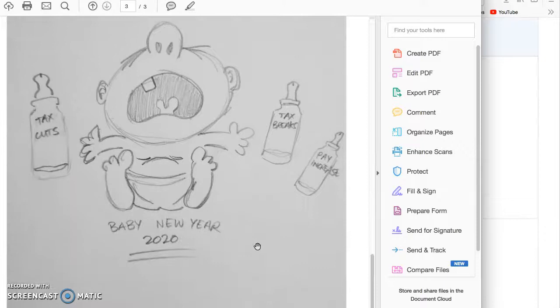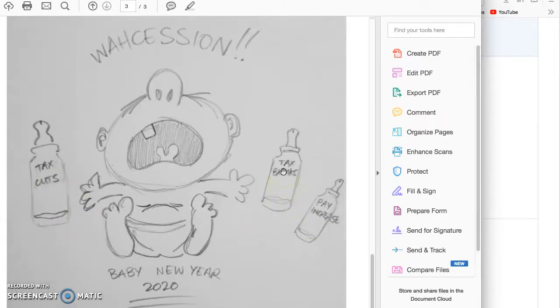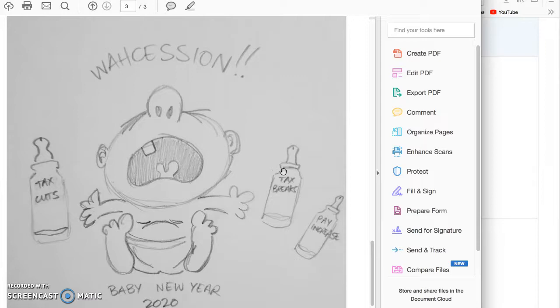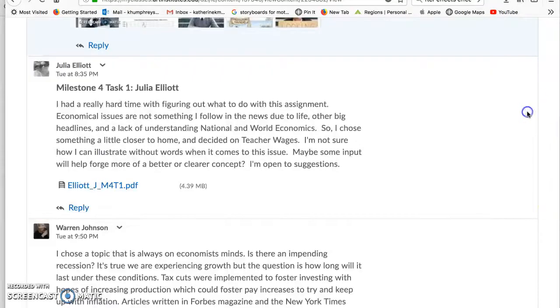This one is a baby, and these words do tell a story, but how could you do the same thing without adding the words? So tax cuts, tax breaks, pay increase. You could just do this with money. Let's see if there's any images under